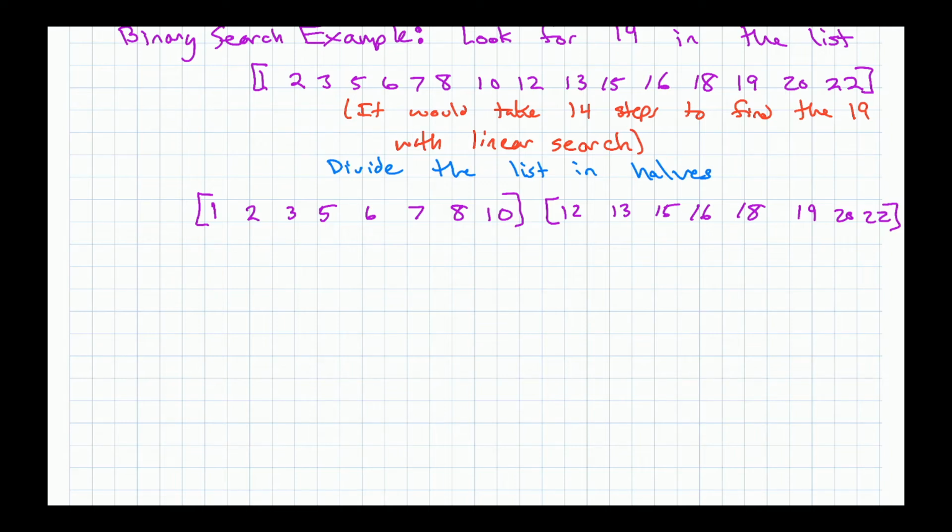So what you do then is you're going to compare the 19 to this number, the last number in the first list. So you compare 19 to the last number in the first half. Okay, so since 19 is bigger than that,